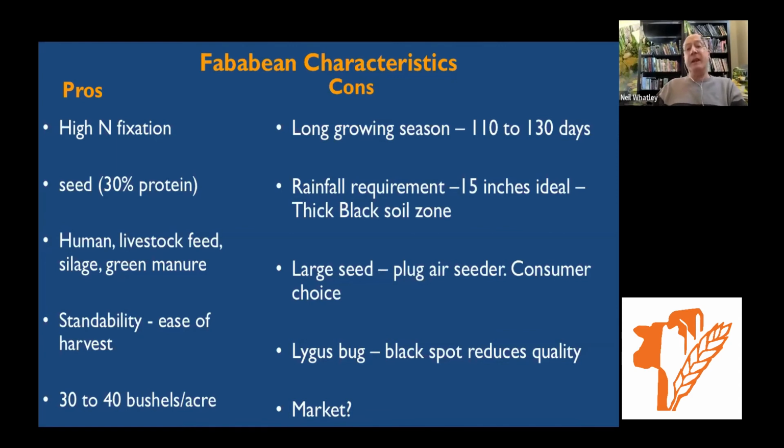The cons, the negative, unfortunately the challenges, are that it has a long growing season. Researchers are working on that. The rainfall requirement is about 15 inches. I've seen it growing on 8 inches, but that's under ideal conditions, or timely rainfall, I should say. And so it's good in the thick black soil zone, where you do generally get 15 inches of rain a